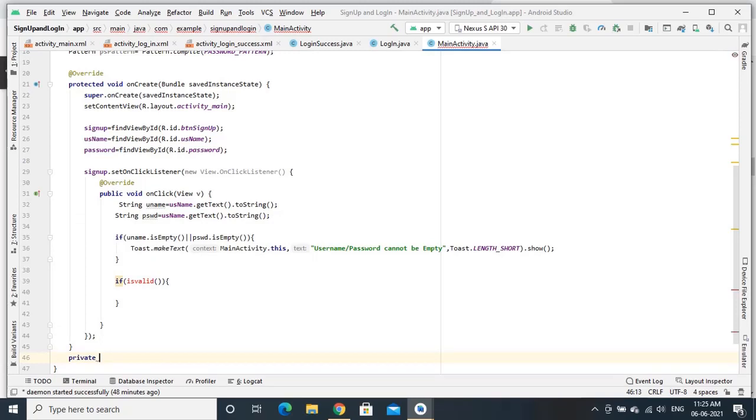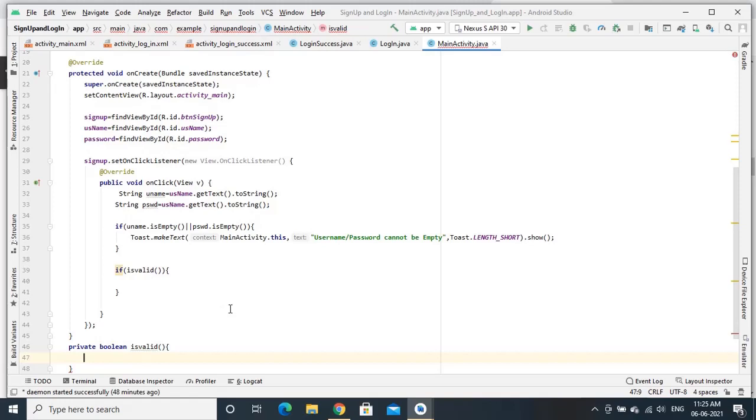Private, let the return type of this be boolean because we are using inside the if, and name of the function is valid. So once we do here, later we will define the function.